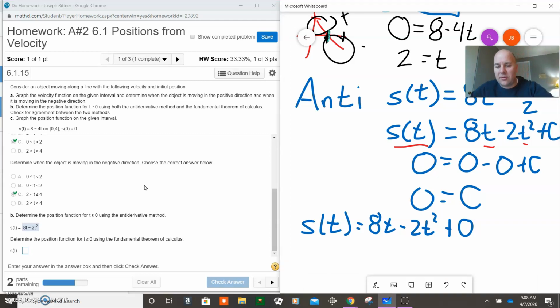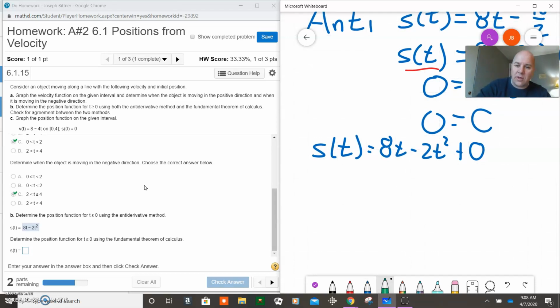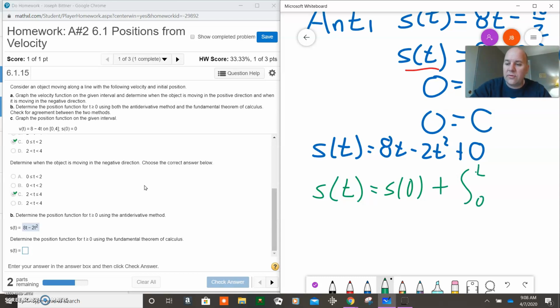It's really not doing anything different. This is what I did in blue there, was the antiderivative. What I'm going to do in green is basically what they're talking about with the fundamental theorem of calculus, and that's this formula, that S of t equals S of the initial value is given to you, integral 0 to t Vx dx. Well, technically, you're going to just take